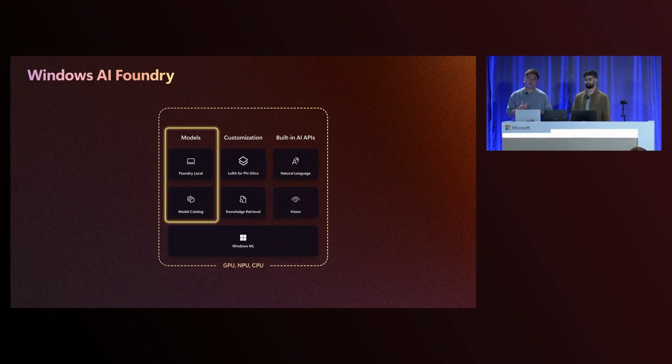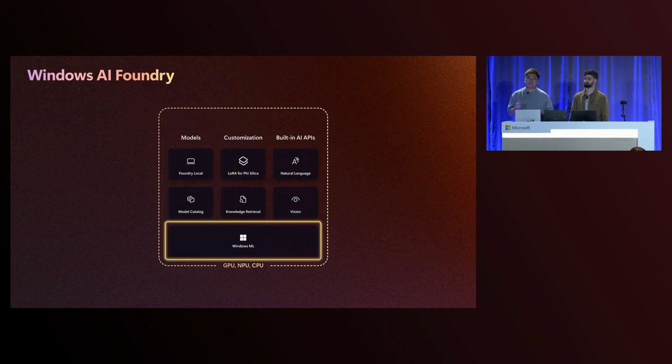Well, if you wanted to use an entirely different language model to run locally, though, you have that option as well. We have a set of popular language models that are pre-optimized to run on-device. You can pull them from our model catalog through this model download service through Foundry Local. This was shown in the Windows AI Foundry overview session from yesterday. If you missed it, don't worry about it. All the sessions were recorded. You can always go back and watch later.